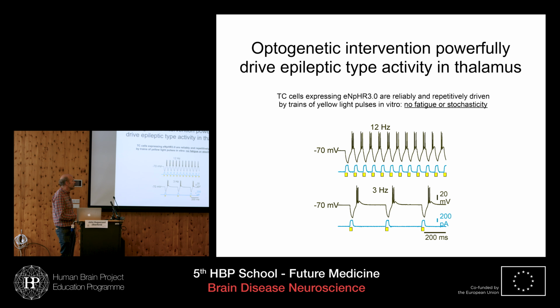In the blue traces, we're recording the direct response, the channels opening and closing in a voltage clamp recording. And what you can see is it's completely reliable. Every time we turn on the light, channels open and they close. They open and they close. And if we then switch the amplifier so we allow this cell to fire in so-called current clamp mode, now you can see that every time we activate the halo-rhodopsin, the membrane potential gets pushed down.